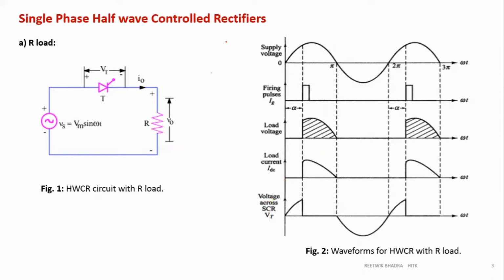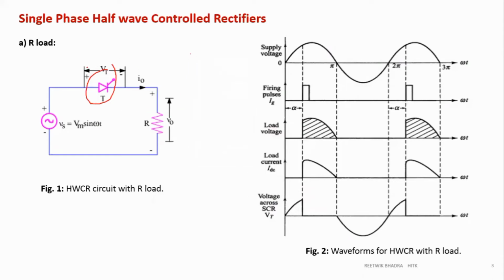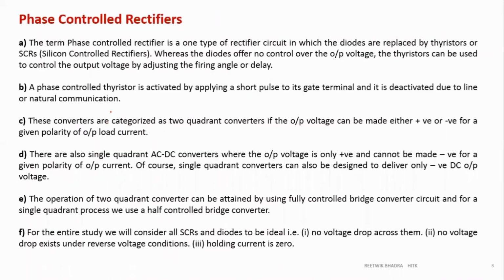So now we'll understand the operation, how it operates. See, you know all these things, except one change: instead of a diode, we are using a thyristor over here. These things you know, how the half wave rectifier operates. But we have to go through it because we need a revision of this, because you have a thyristor over here. So what will happen over here?